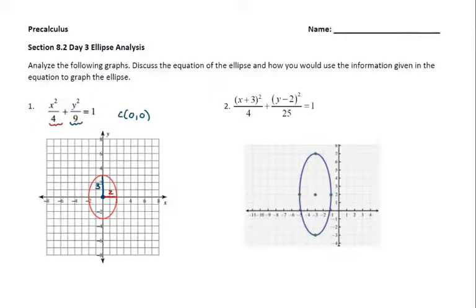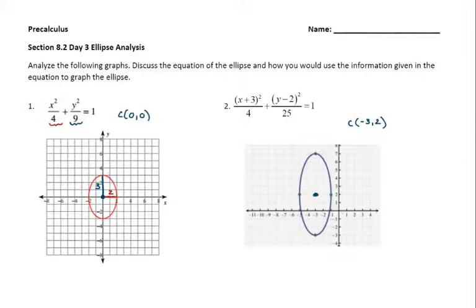Now let's make sure that relationship holds in number 2. The only difference in number 2 is the center is not at 0, 0, but we can still think of from the center to the edge, and we'll get more formal with our definition in a second, it should be related to the denominator. The first thing I do for number 2 is look at the center. In this case, the center is negative 3, 2, and to find the center, it's going to follow the same rules for function transformations we've talked about this year,